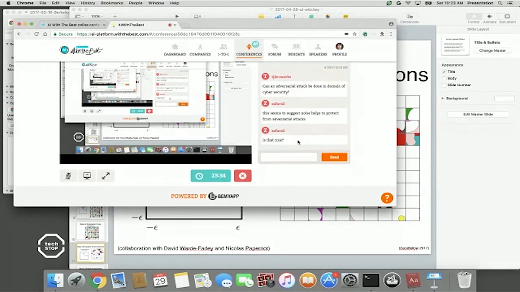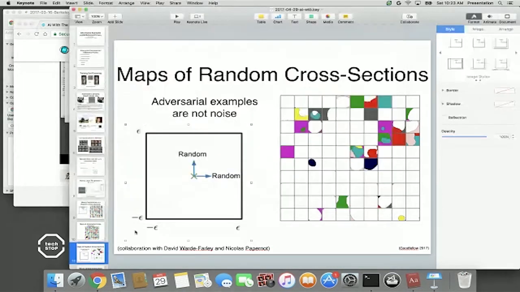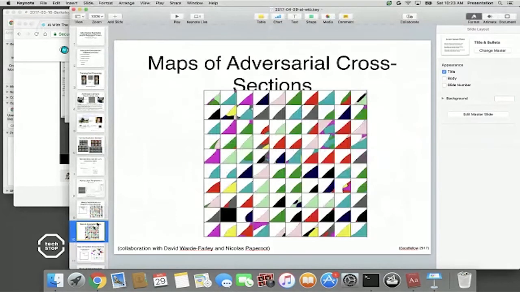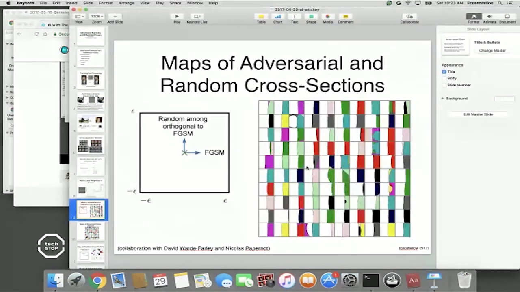Someone said, this seems to suggest noise helps to protect from adversarial attacks. Is that true? And no, there isn't actually any reason to see that from this graph. So if you look at the map, let's look at this CIFAR-10 test example right here. If we start in the middle, the CIFAR-10 test example is correctly classified. If we move to the right, we end up in this green area, which means that we're not classifying it